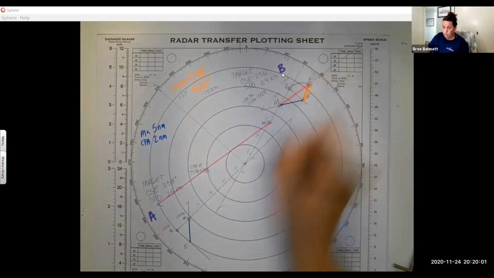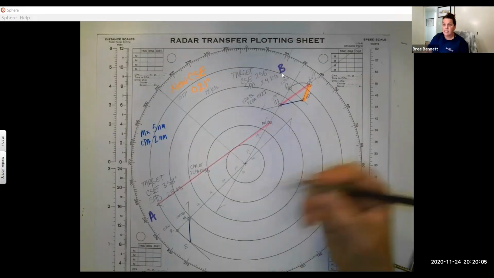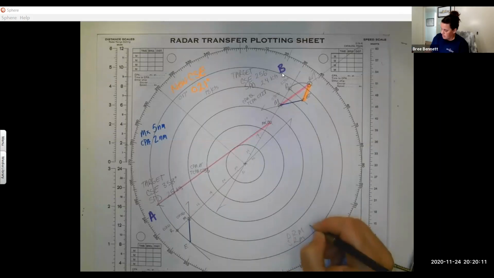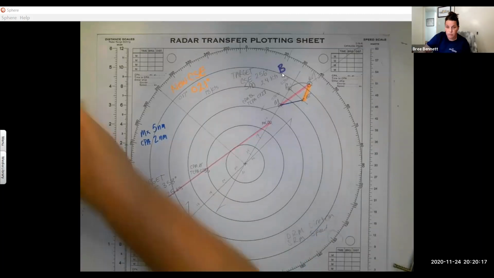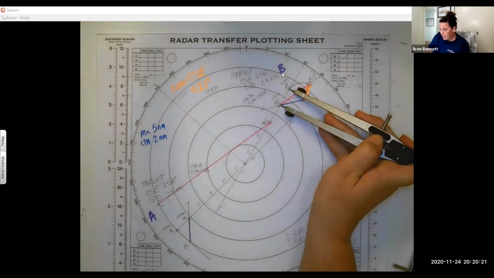That's just the direction of relative motion. And then SRM is the speed of relative motion. So we had DRM, SRM, direction and speed. For speed of relative motion, you just get your distance from R to M